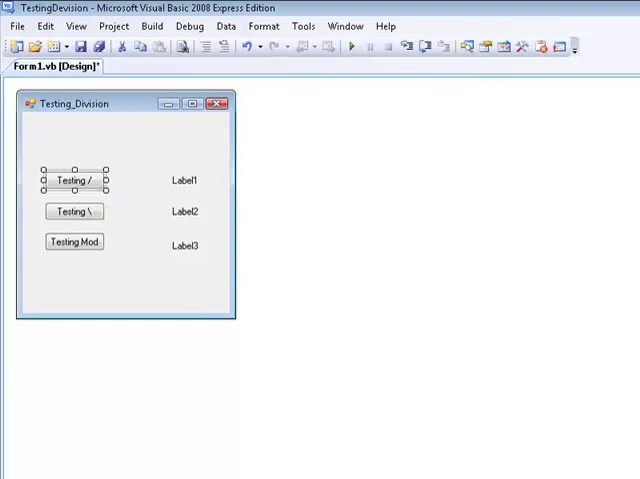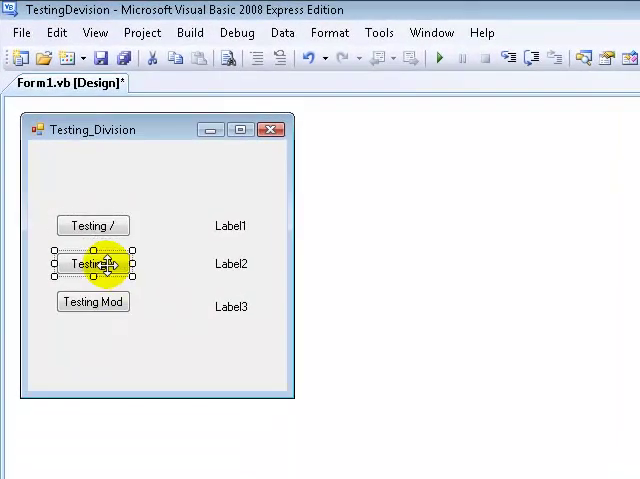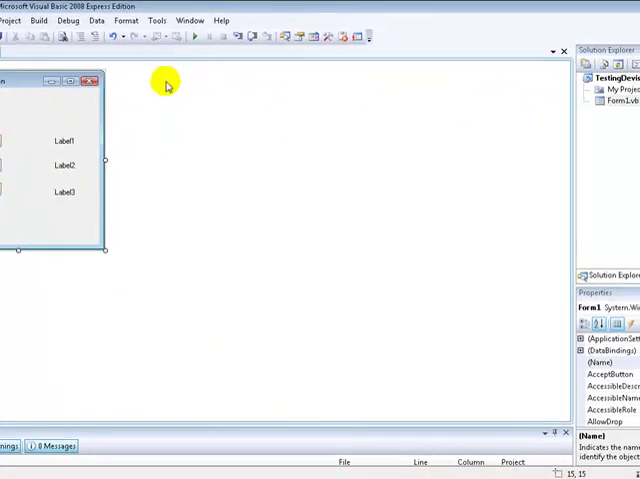I named the first one BTN Standard, and that's just short for Standard Division. And then I named the second one BTN Integer, which is short for Button Integer Division. And testing mod, I named this one BTN Mod because it's short for Button Modulus. And I basically named all the labels the same thing, but I just put LBL instead of BTN. Okay, now we're going to go into our code window,